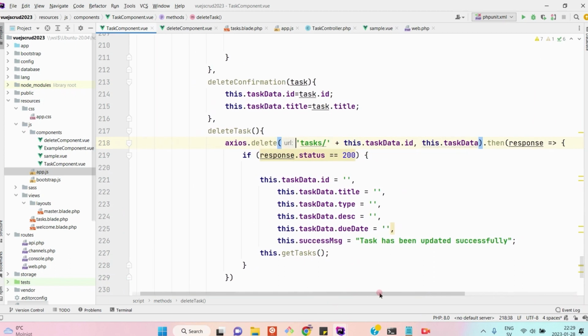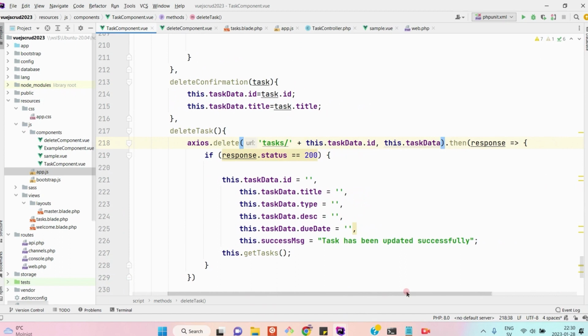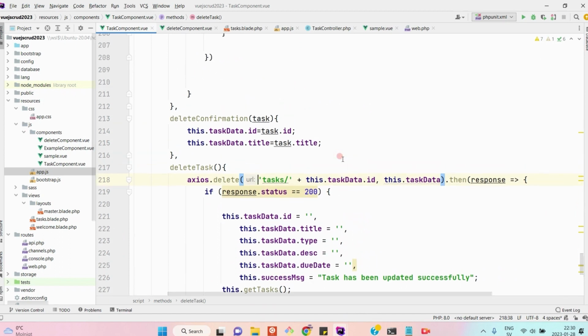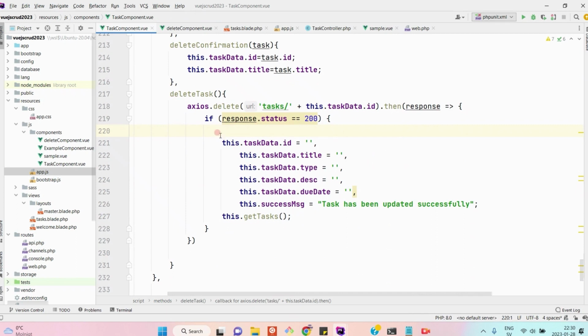Keep in mind we are using the resource controller to make a delete request. And I think we don't need this. If the server returns a successful response, and if response dot status is 200, then we need to reset